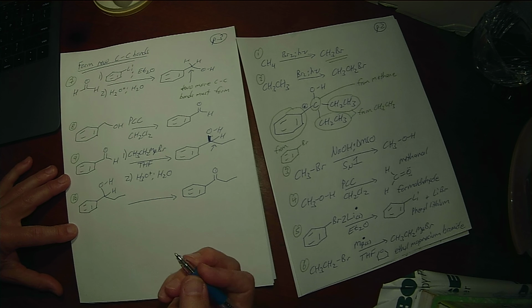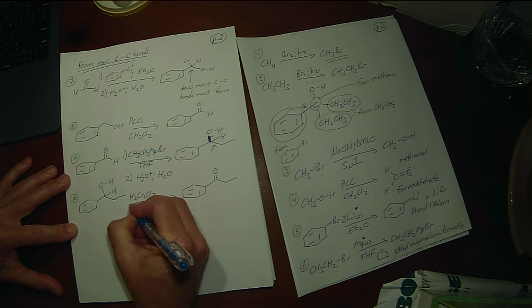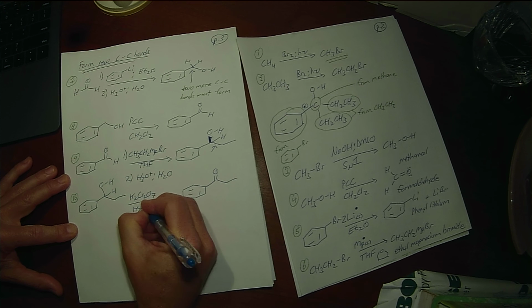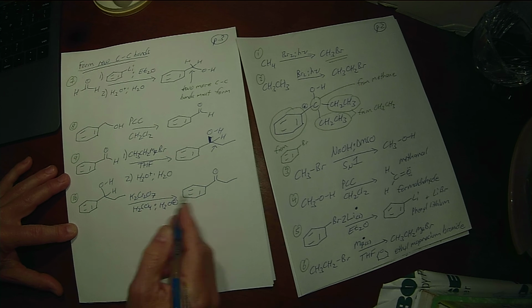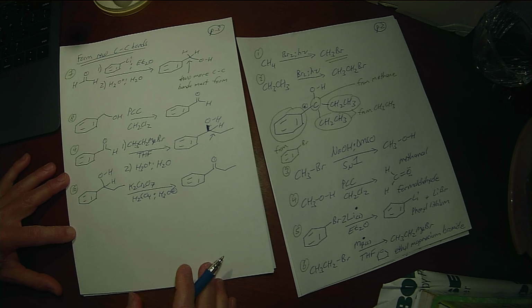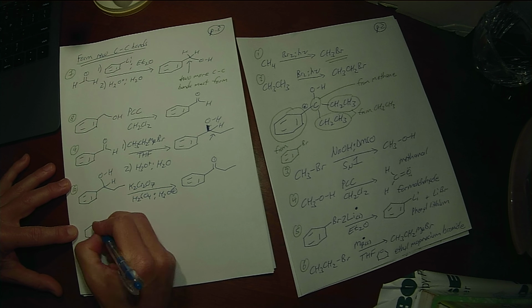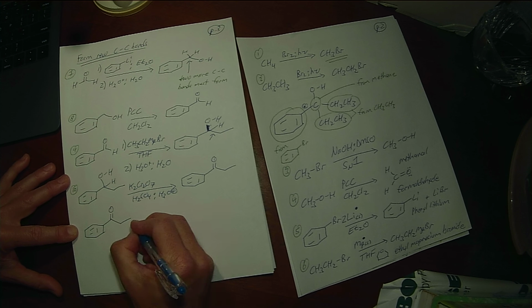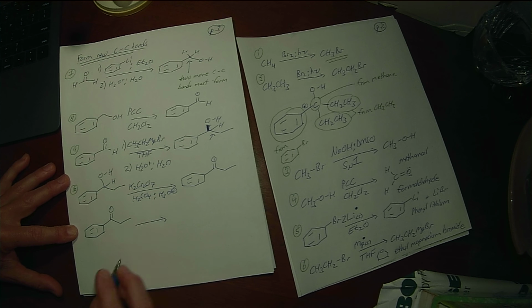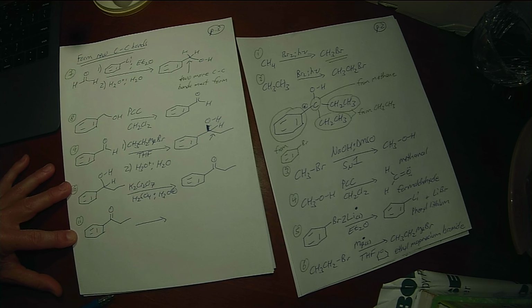Well, now it doesn't actually matter, right? Because it's a ketone. We could use potassium dichromate and aqueous acid, or we could use PCC again. Either of those reagents is going to accomplish converting that to a ketone. And then we have the ketone, and we want to add another ethyl group, form another carbon-carbon bond.